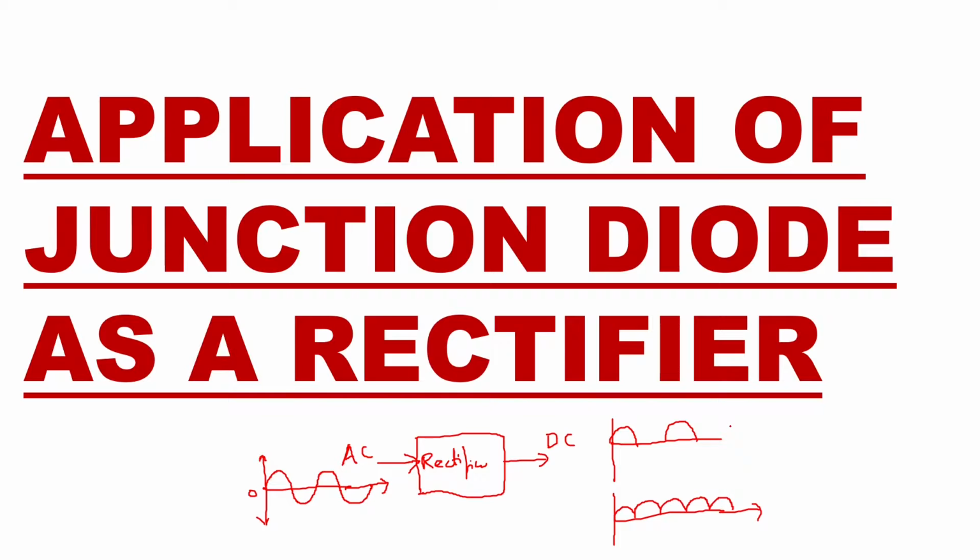So we are going to study two types of rectifiers, a half wave rectifier whose output will be like this, and a full wave rectifier whose output will be like this. So basically a rectifier is a circuit which will convert AC to DC, that is alternating current to direct current, or you can also say an alternating quantity into a direct quantity. In this section, we are going to first see what a half wave rectifier is, then a full wave rectifier, and then a rectifier with a filter.